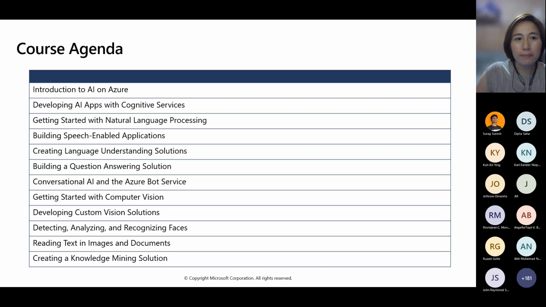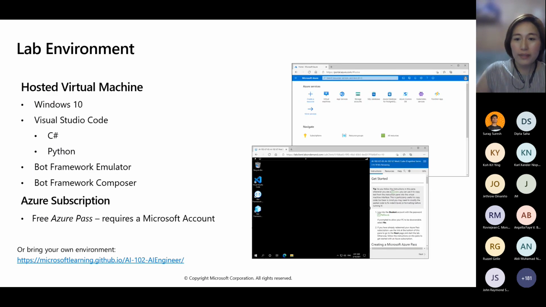So let's move forward. This is the lab environment, if you have your Azure Pass and also your Visual Studio Code. This is where you're going to deploy your code and practice it, so that we'll understand how to apply cognitive services and other Azure services before we publish them as a web service perhaps, or as an app. Later, I will show you how the Azure portal and Visual Studio Code look.